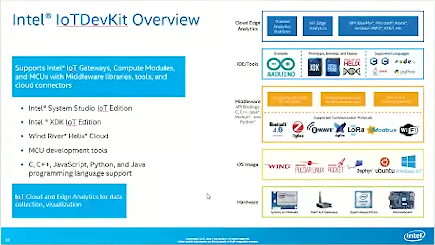Now, that is the hardware that is available. And then the IoT Devkit is the software stack that runs on this hardware. And this contains at the bottom the operating system images. We support a variety of different kinds of images: the Wind River Linux, Pulsar Linux, which is a small footprint Linux, and then Zephyr, which is a real-time operating system. The standard Ubuntu is supported, and then Windows IoT is also supported on some of the platforms that we have